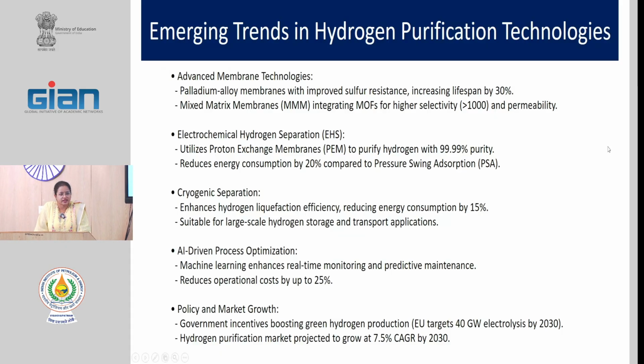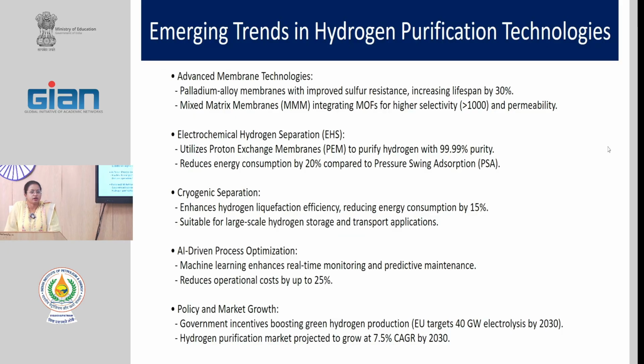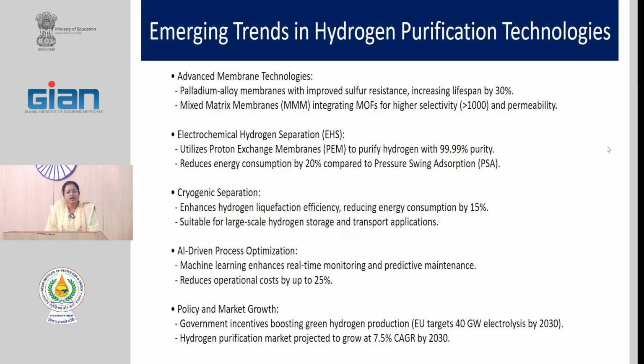So what are the emerging trends? What should we look forward to for more widespread application of this technology? We should have more advanced membrane materials, for which research is going on. We should have electrochemical and hybrid methods applied to membrane separation, and size-based selective transport. We can have cryogenic separation also, which operates at a very low temperature, so we are liquefying our hydrogen. If we can use the liquefying efficiency,